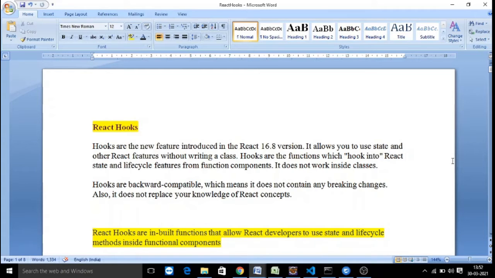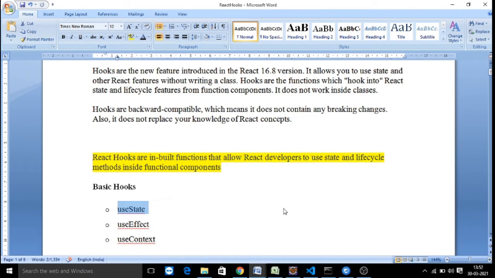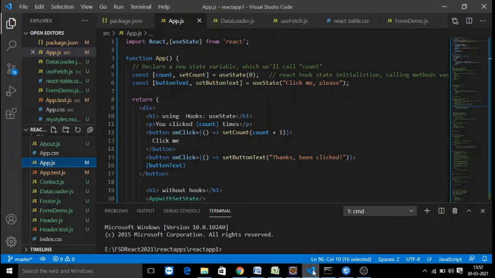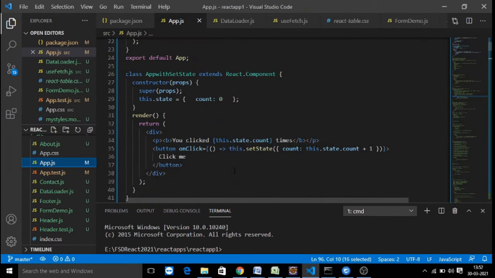The very first React hook we will be practicing is useState. If we look into the example, let's say we have a simple component where I want to increment my counter variable. So I created a sample component called App with setState. setState is a method we use in React class components to update our state properties.